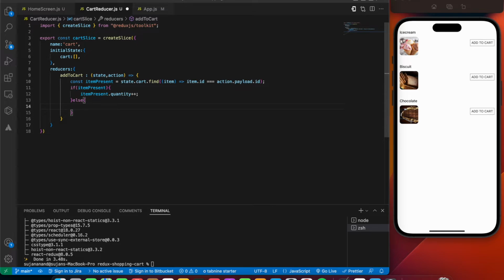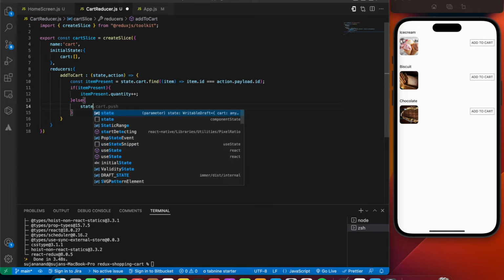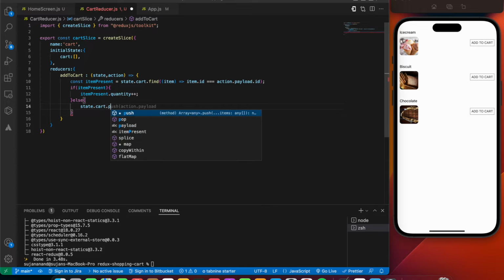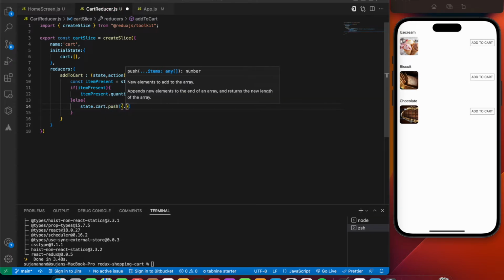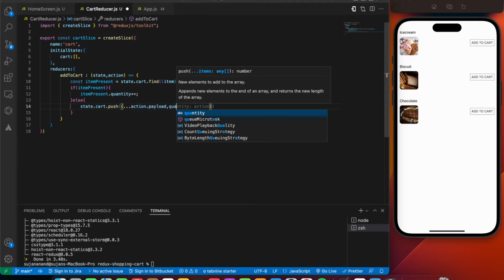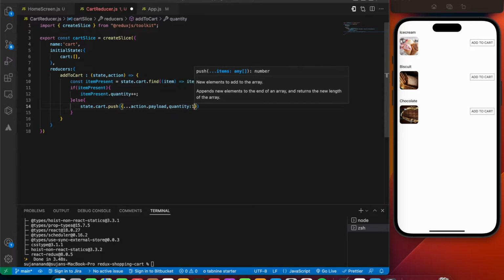For that reason we're going to say state.cart.push. Basically we'll be including whatever is the action.payload that we give, that is basically the image, the name, the quantity, and all those details, and we'll be initializing the quantity as 1 for that particular item.